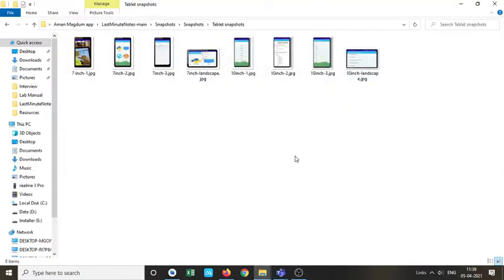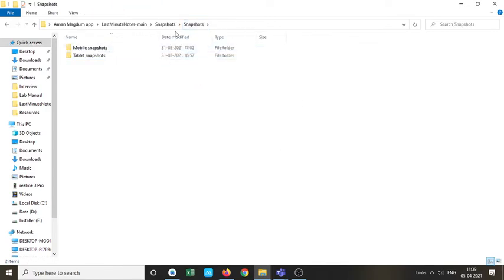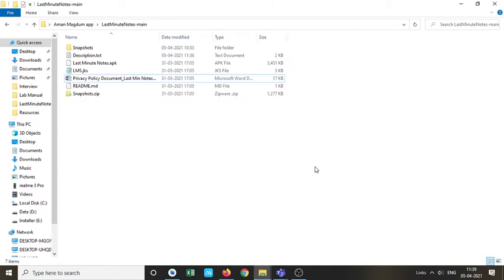Whenever there was the classic console, the 10-inch tablet and 7-inch tablet part was not compulsory there, but right now it is made compulsory. So these are the things I will require from you. I am repeating: I will require the app name, then developer email ID, then phone number, then short description, up to 80 characters, then long description, up to 4000 characters. Then I will require the snapshots, good quality snapshots.